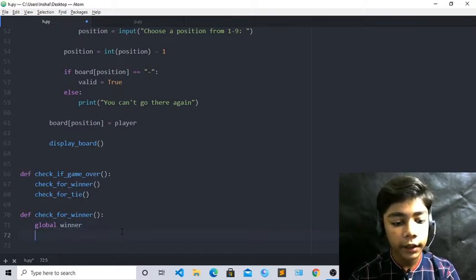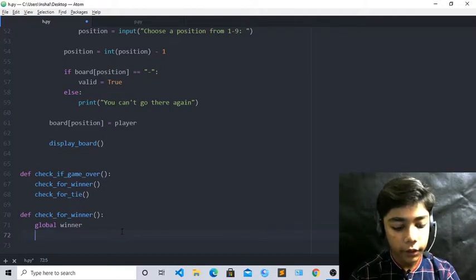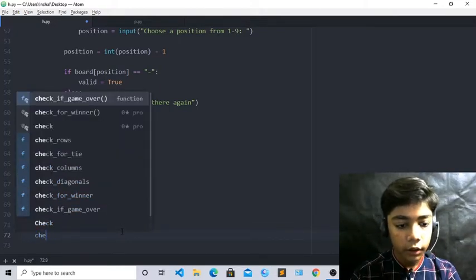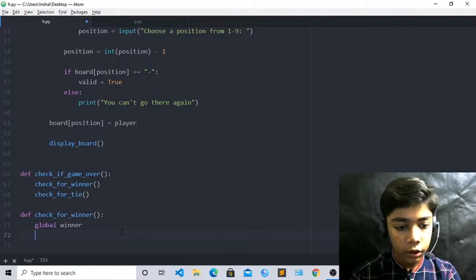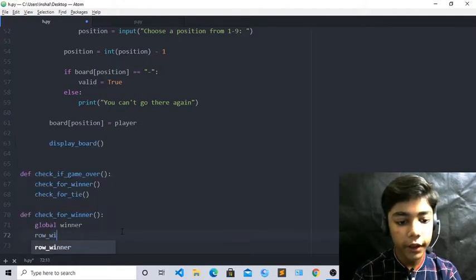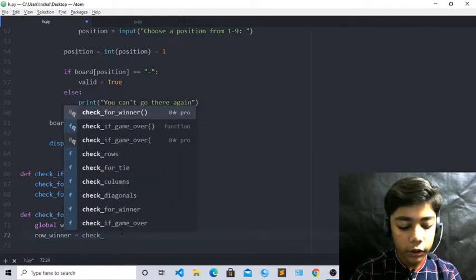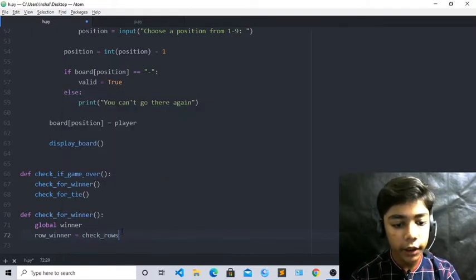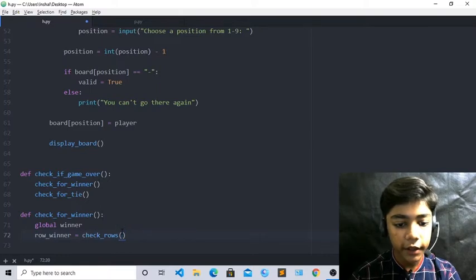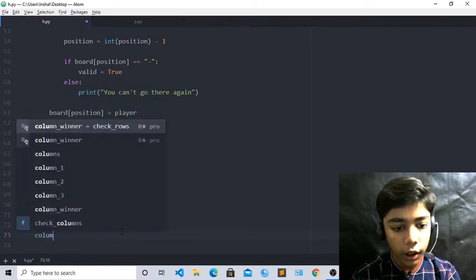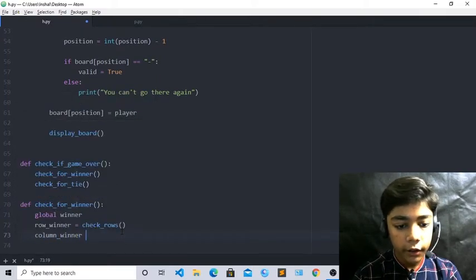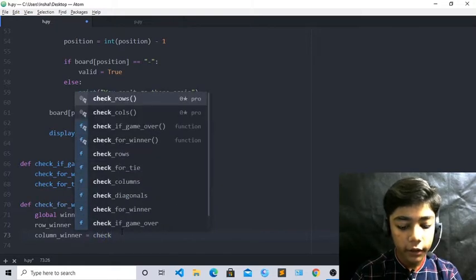Now when you have defined our global winner, press enter again, and here we will define def check row winner, and it will be check rows, because we are defining our rows here also. Now come over here and write column winner, and write check columns.